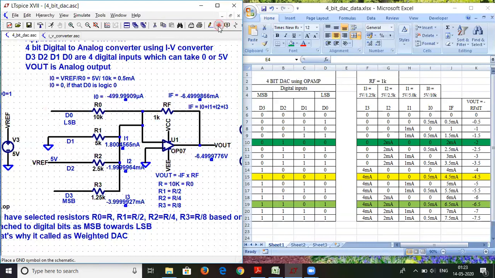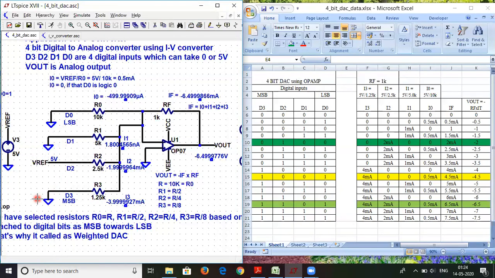I will take the ground over here and ground over here and connect via the wire. I am doing it live so that the results come appropriately and these various cases will be verified.